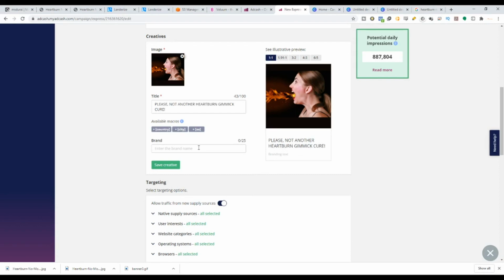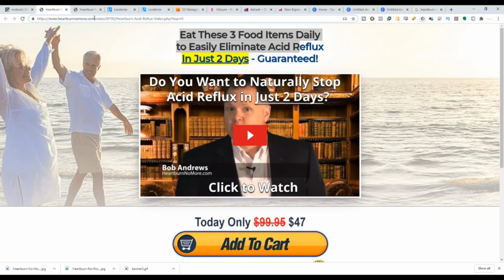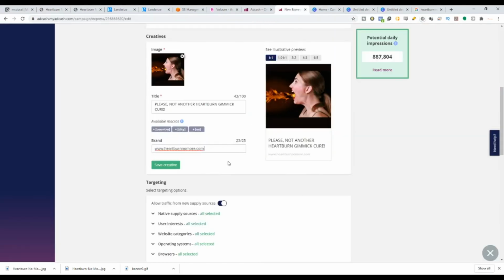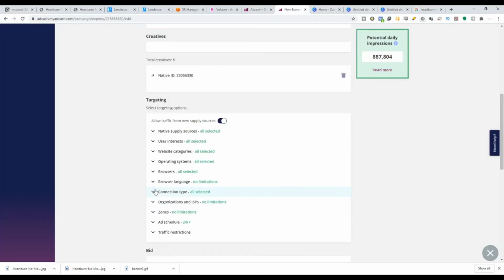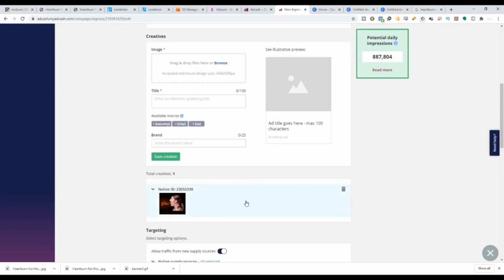Okay, that's nice. For branding, usually you can copy this one over here and paste it here, something like this, to make it look really nice. And then all you gotta do is hit save creative. Simple as that. You can add up to 10 creatives. I would highly suggest you do as many as possible when you're creating a campaign, because you will have various options on how you're targeting that campaign, various ad copy,